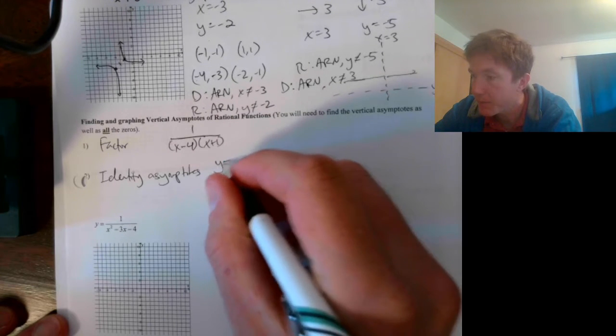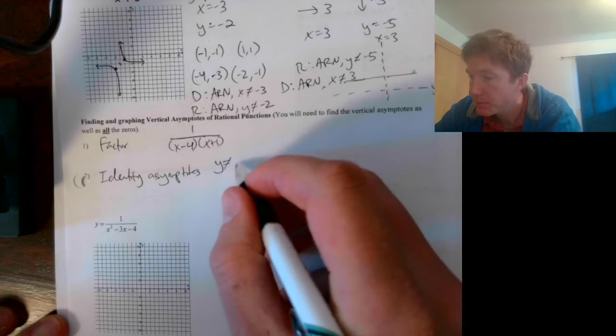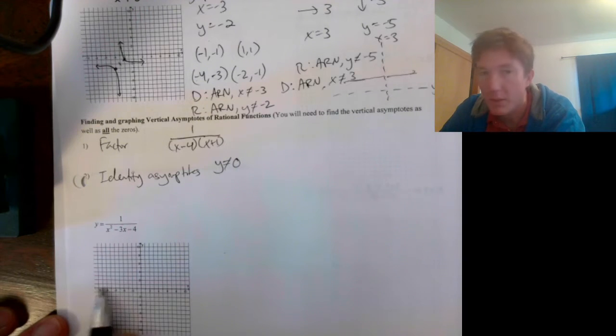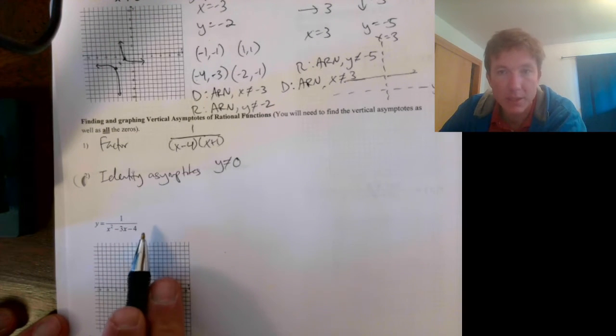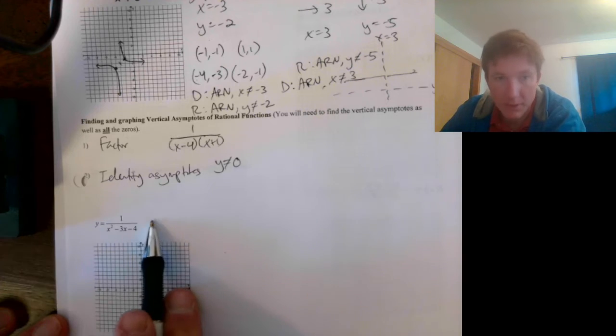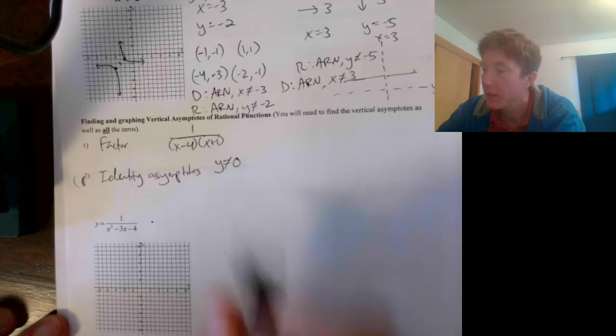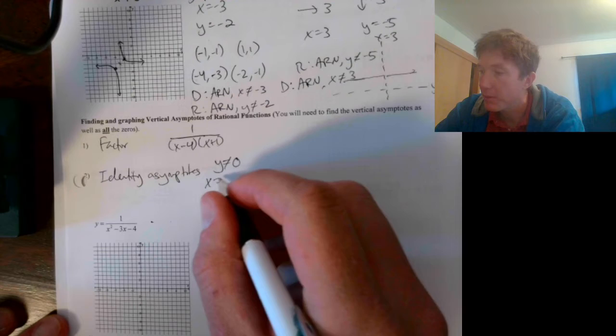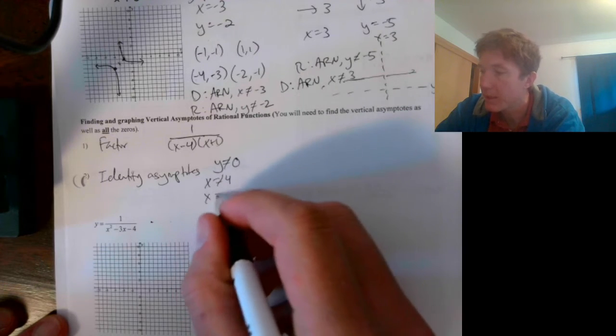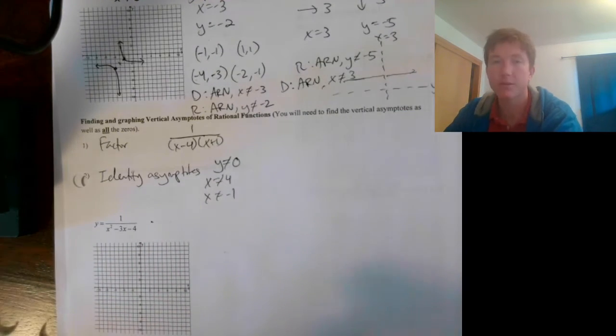Let's see, y can't equal 0. That's because we haven't shifted up or down at all in this function. We would have that plus k on the outside, remember. x can't equal 4. x can't equal negative 1. Those are our asymptotes. So I'm going to go ahead and graph